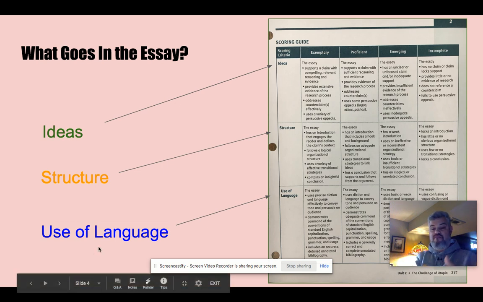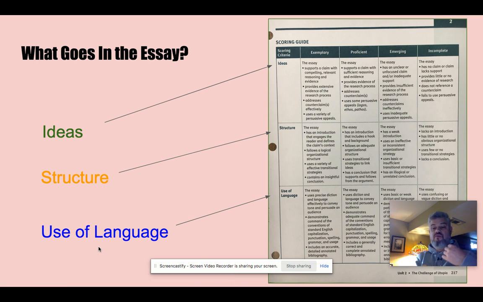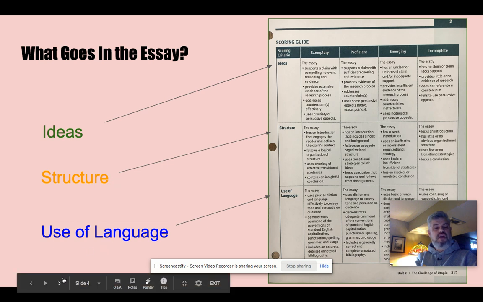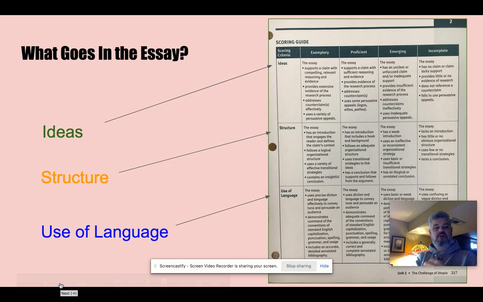And then finally, we're going to have use of language in here, right? Which means that we're going to spell things correctly. We're going to use words correctly. We're going to indent paragraphs. We're going to punctuate correctly, right? It's just our typical stuff that we do. So nothing real complicated about that. We're going to have ideas, structure,